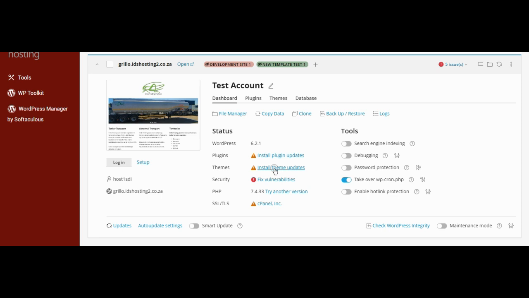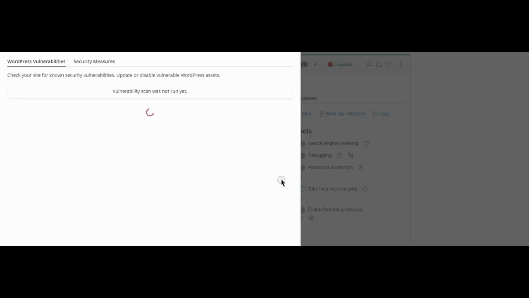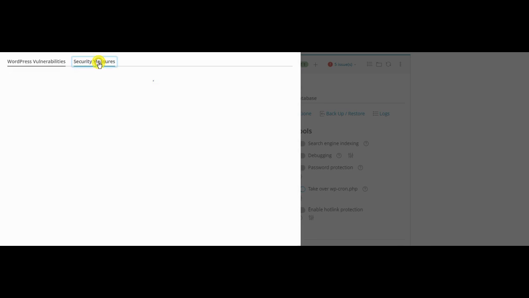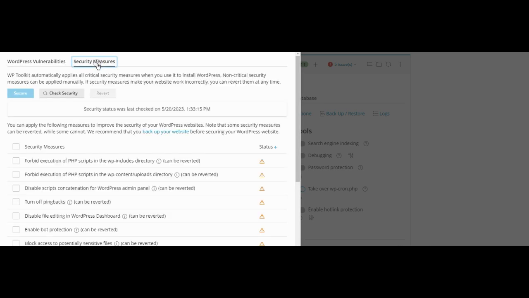It's the same with the theme, where you can update your theme. On the fixing vulnerabilities, this is probably the most important part, other than updating. Sorry, I missed the WordPress one here. This particular one is updated, but if it is not the latest one, it will tell you, and you can also update your WordPress. So when it comes to WordPress, you've got three main areas to update: the WordPress script itself, plugins that you've used, and themes that you've used. And then you can harden your site by having a look at what vulnerabilities you've got. It'll list the vulnerabilities and actions. To me, a more important part is the security measures over here,